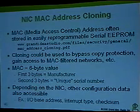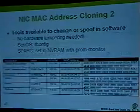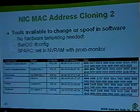And depending on the network interface card that's used, you can access other configuration data that may or may not be useful if you're modifying the EEPROM device. There are also tools available depending on the NIC card and depending on the platform you're running on. You can change or spoof the MAC address in software, but that's not as cool to me as actually modifying